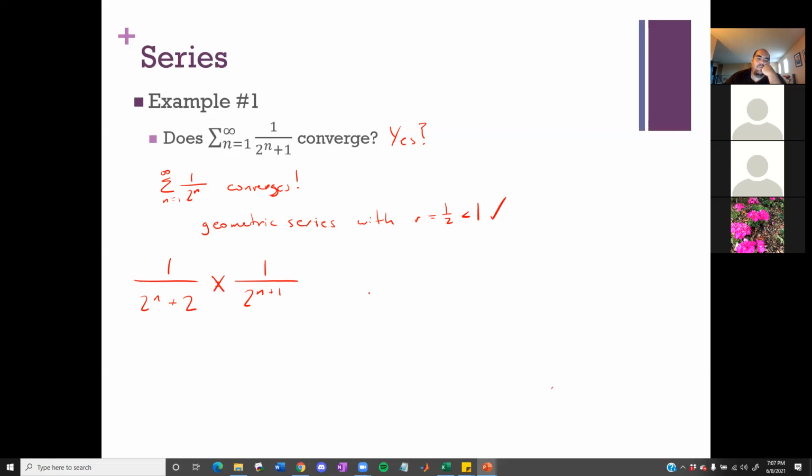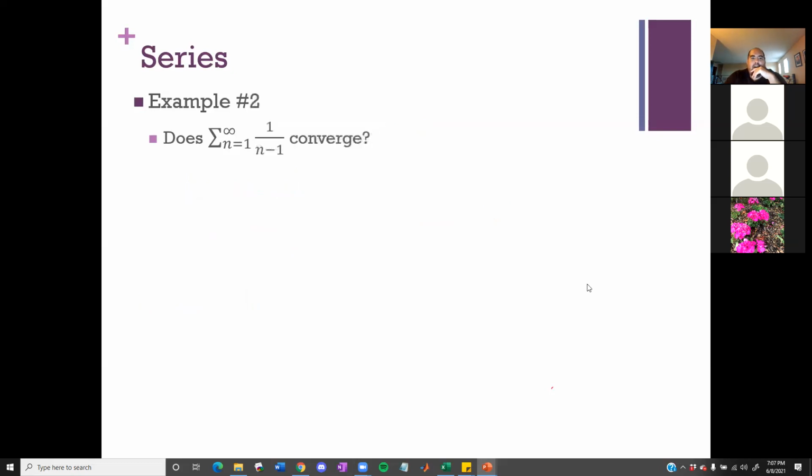Okay, that's okay. I like that you're thinking about it, but the bad news is that the series I gave you is not geometric. So for the moment, and it's really only for the moment, I cannot make any justification about that. That's what I'm using this to motivate. So how about this one? Does this thing converge?